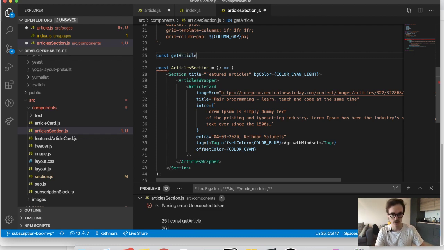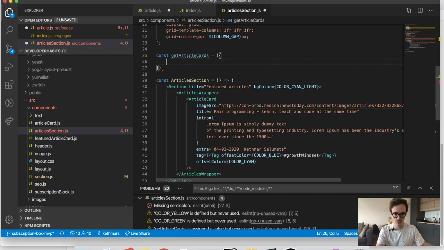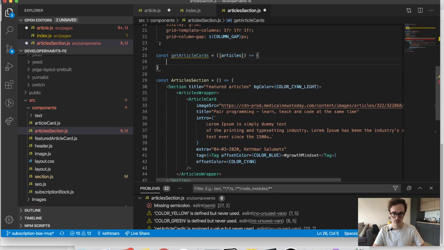Get article cards, and it's gonna take in information about the article, like, no, it's an array of articles actually, sorry. So it's articles, and we are going to return a map